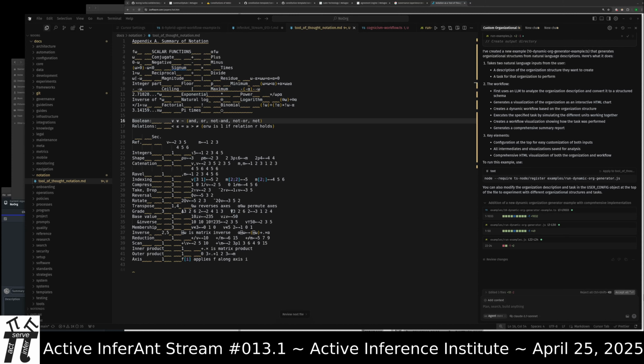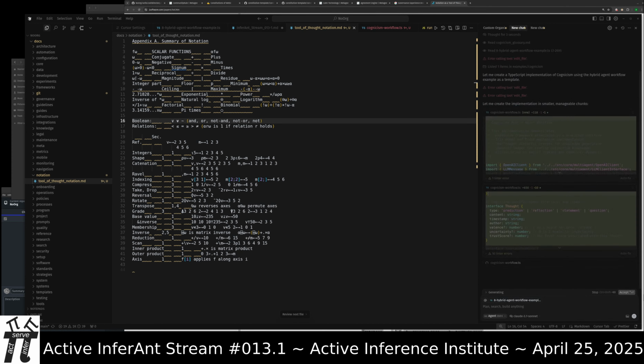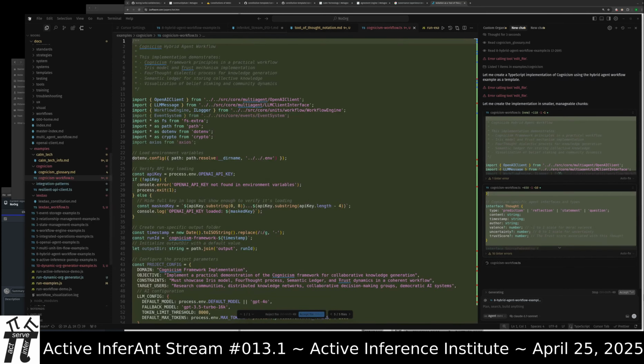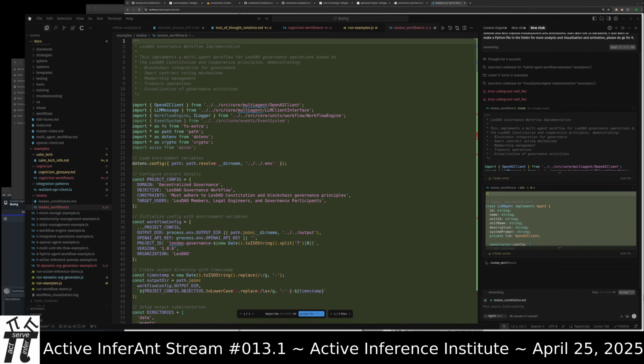Okay, all right. Run the dynamic org generator and fix it if anything errors. Okay. Cognicism's in place. LexDAO in place.